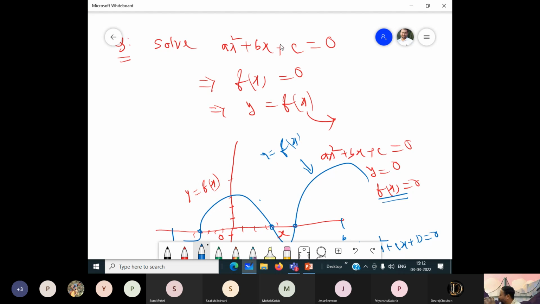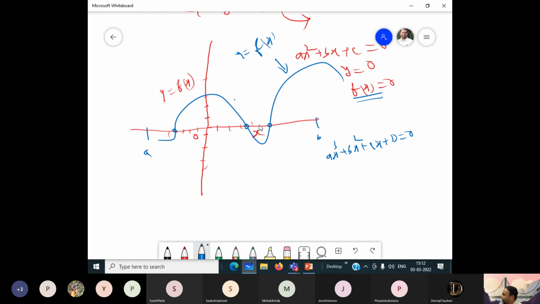You become very like this one. So I hope now, if your concept is clear here, now we can go ahead and solve the equation. Means we are looking for the value of x where the function intersects the x-axis. Okay. Now,